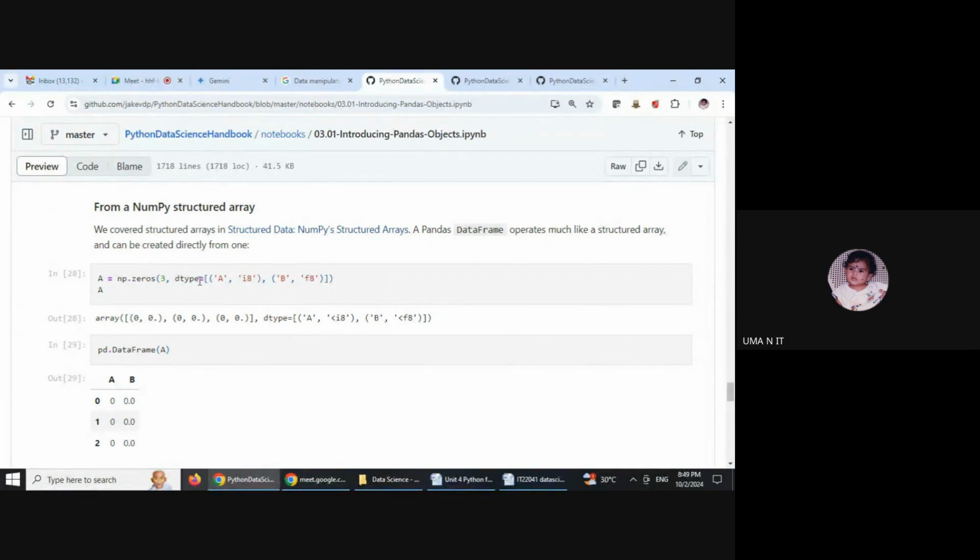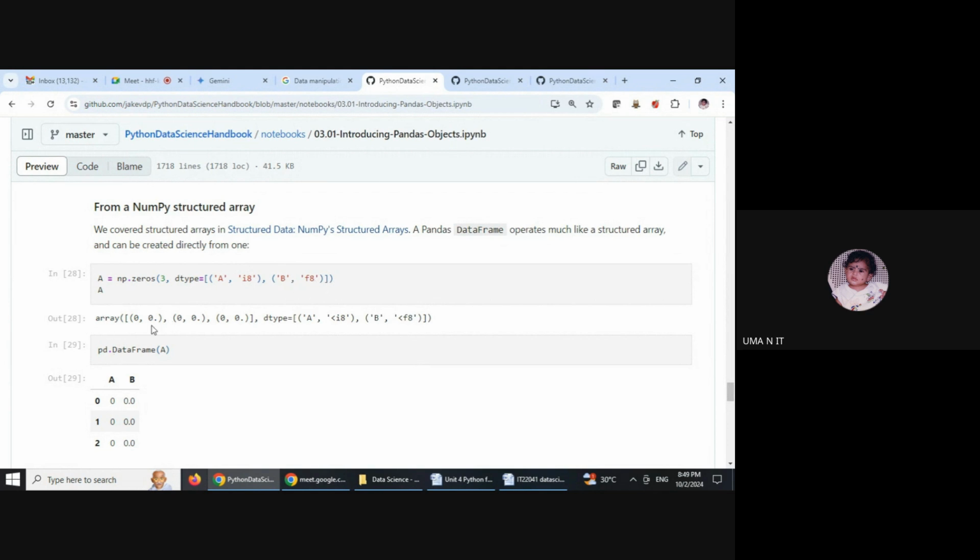So now we are going to generate 3 rows with 2 column values, and the elements are now only zeros. But the first column will be an integer column, and the second column b will be a float column.